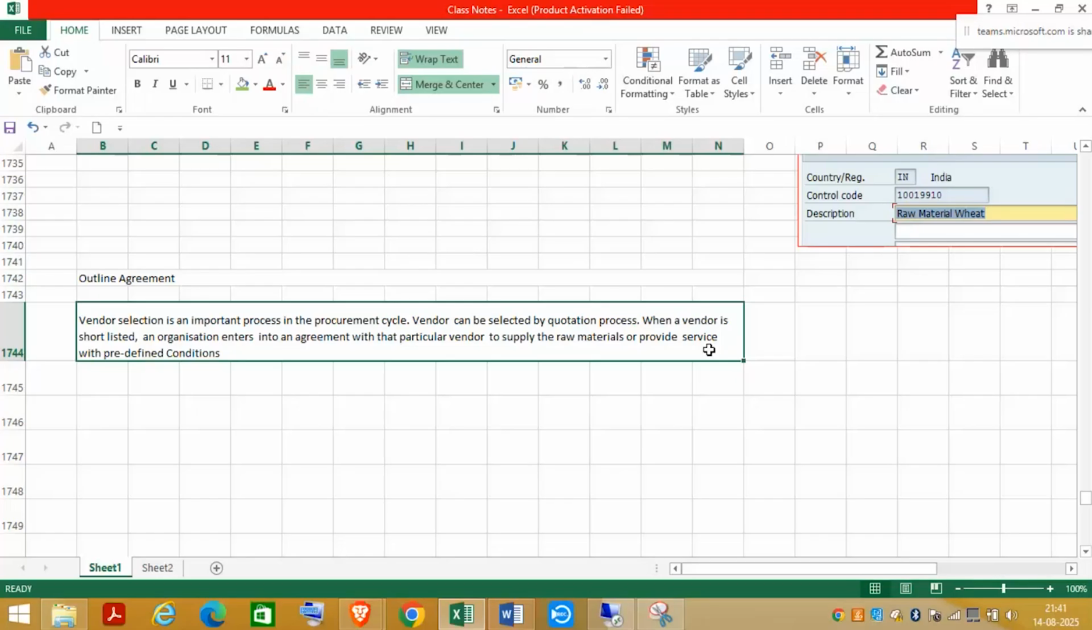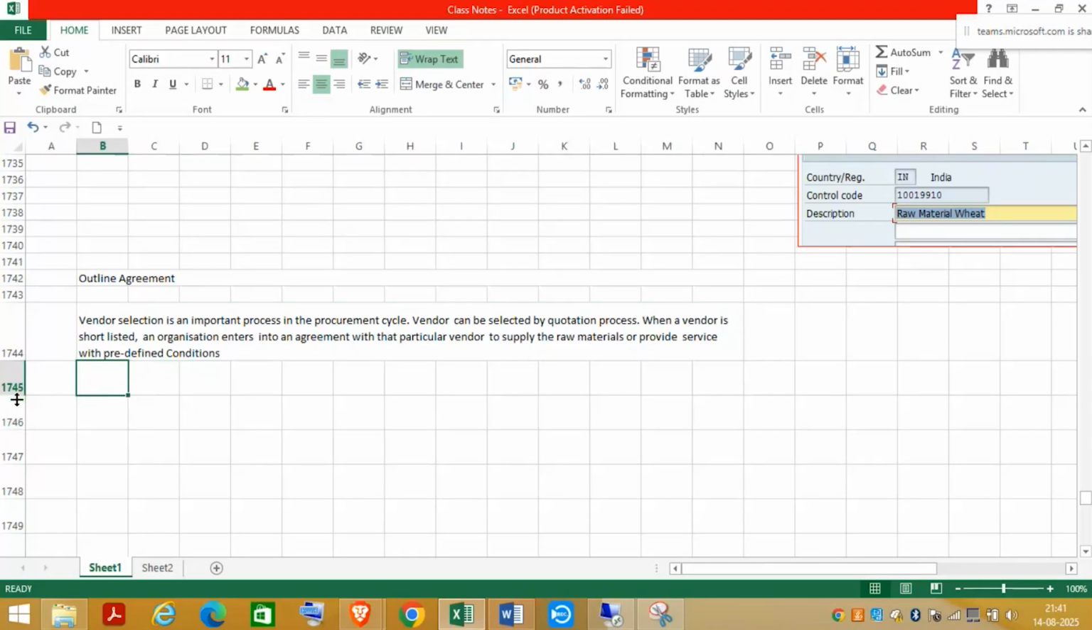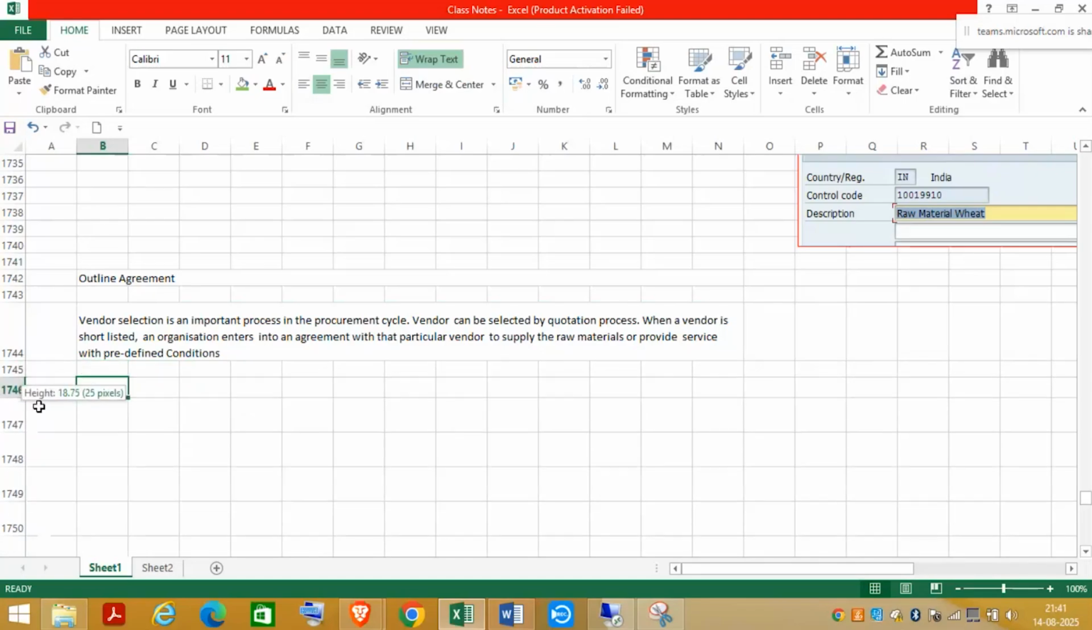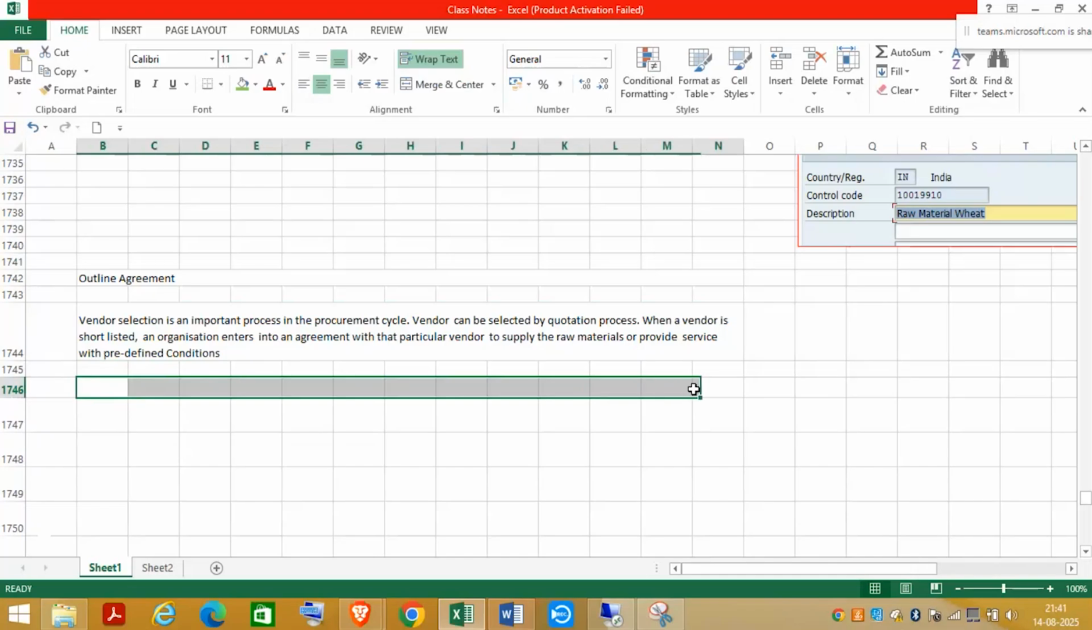So now this is an outline agreement. Second point about the outline agreement is, so an outline agreement